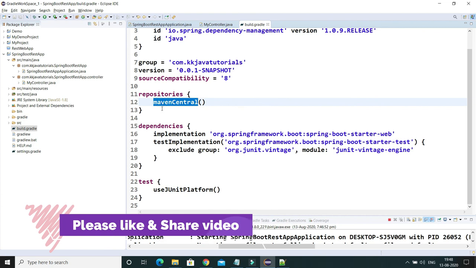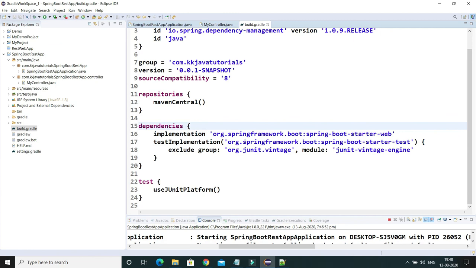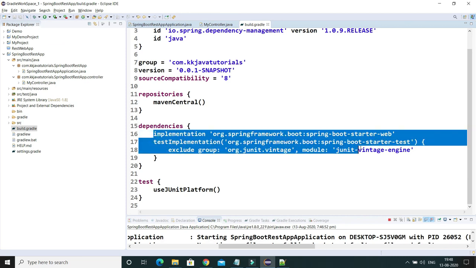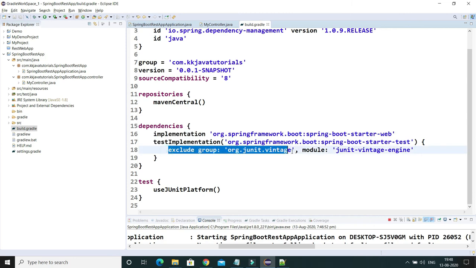So either you can specify the Maven Central repository URL explicitly, or simply you can call the method mavenCentral, and that will work. And inside the dependencies, you can see spring-boot-starter-web has been added. Apart from that, for testing purposes, it has added spring-boot-starter-test, and JUnit vintage has been excluded, right? So when you talk about the Vintage, JUnit Vintage, that is nothing but JUnit 5.